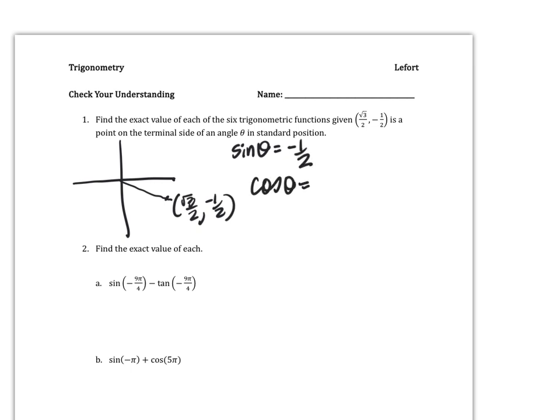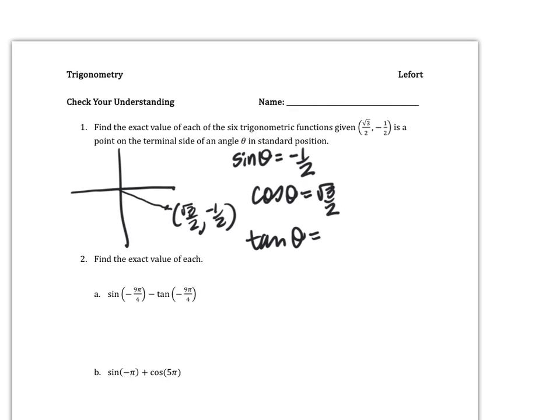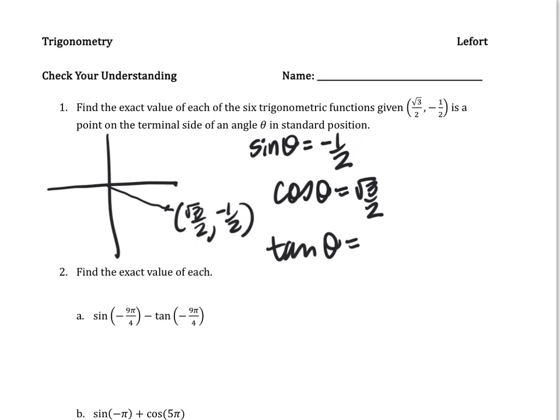Cosine is the x, which is square root of 3 over 2. Tangent of theta is the y over the x. I'm going to try to write this over here, a little bit smaller. Okay, we need y over x. So I'm just going to erase this after. Negative 1/2 over square root of 3 over 2, which is negative 1 over square root of 3,